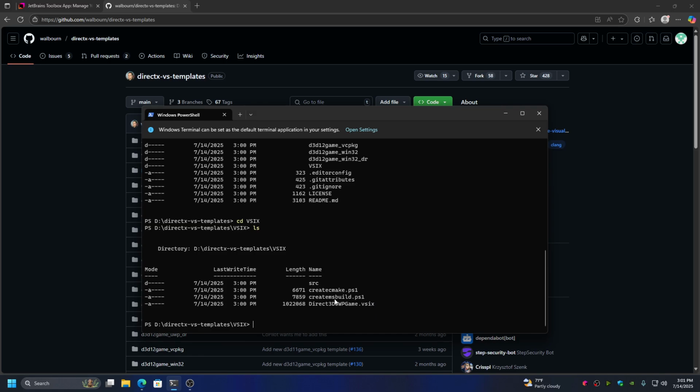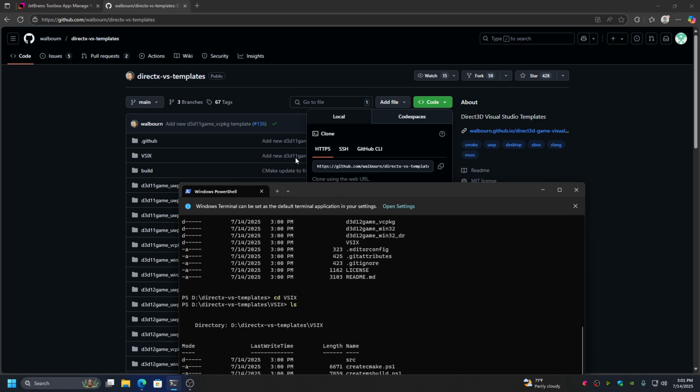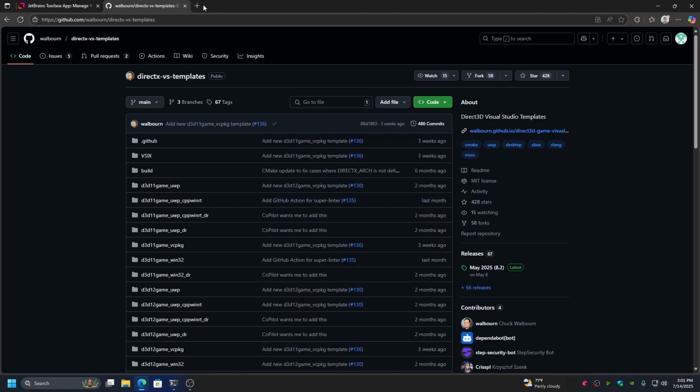Create CMake and create MS Build. If you're using MS Build, then we've got to use this one. If you're using create CMake, then we're going to use this one. So we're going to use create CMake.ps1 here. And then what we basically need to do is, you could actually find out about this information if you go